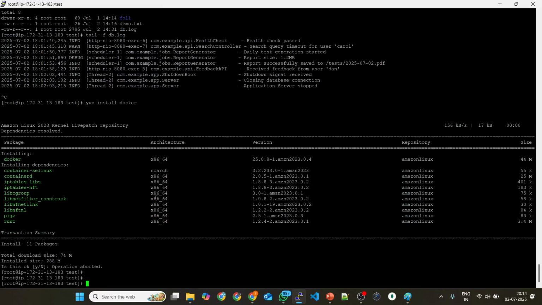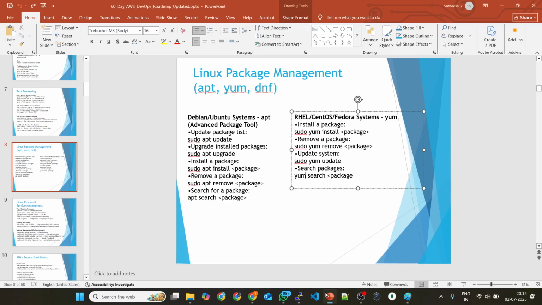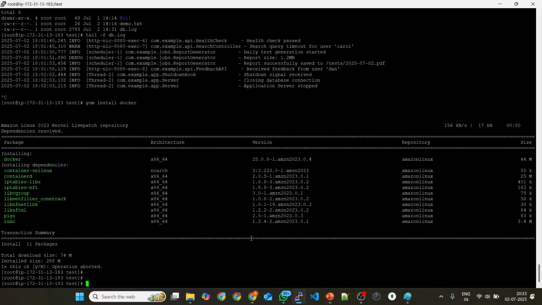It started to install. You see, that's it. I just do a yum install docker and then Docker got installed to my laptop. It's just very easy. So if I want to remove it, basically, before you install any packages, first you do